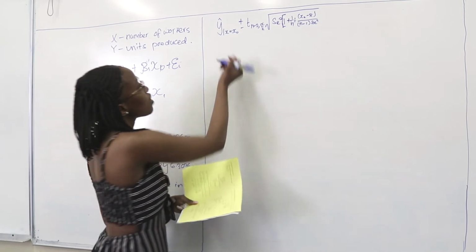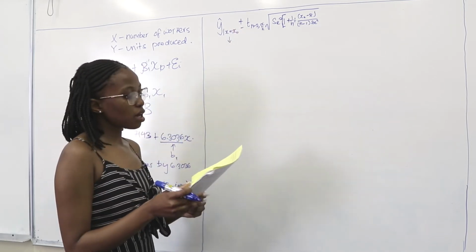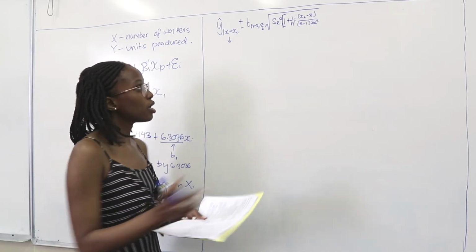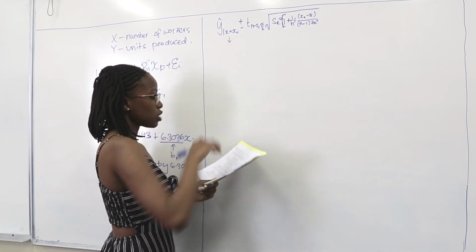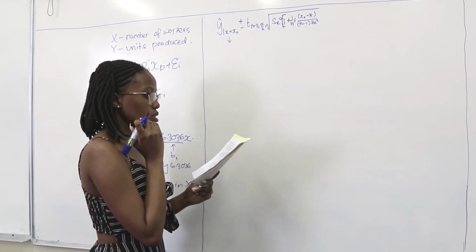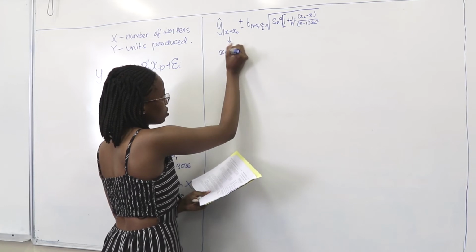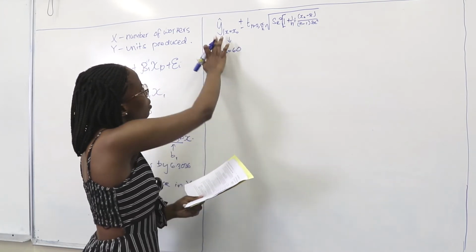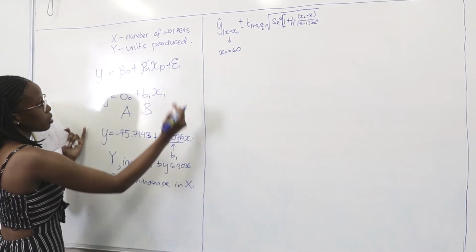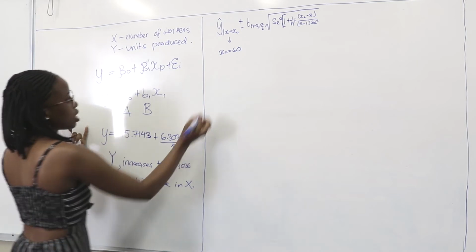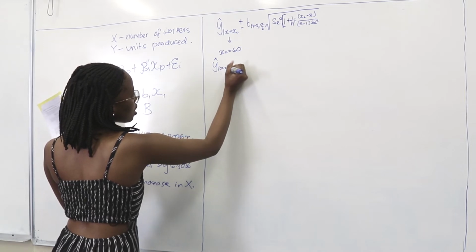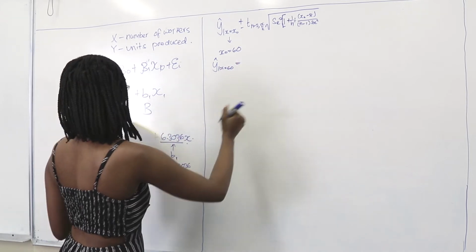Now, the way we get these values, we're going to start with this one. When they ask you for the prediction interval or the confidence interval in regression, they're going to tell you what x naught is in order for you to be able to get your y cap. In this case, they said that there are 60 workers at the factory. So our x naught is equal to 60. Now we need to determine what our y cap is when our x naught is equal to 60. We're going to use this equation that we got over here, and plug in 60 where x is. So y cap, given that x is equal to 60, is equal to